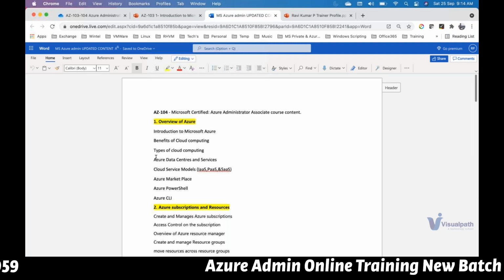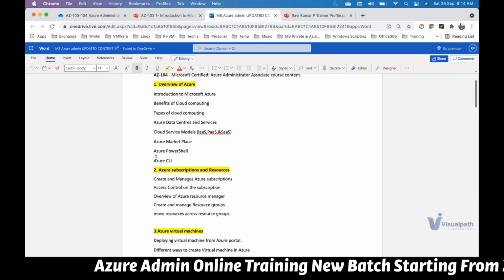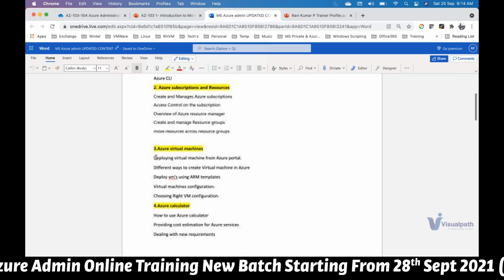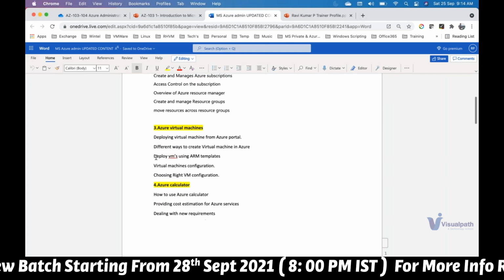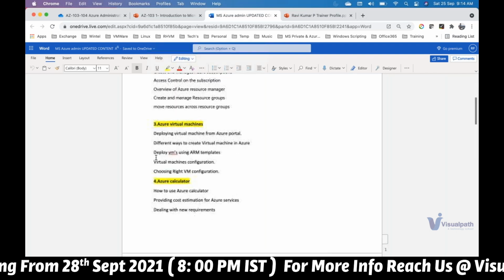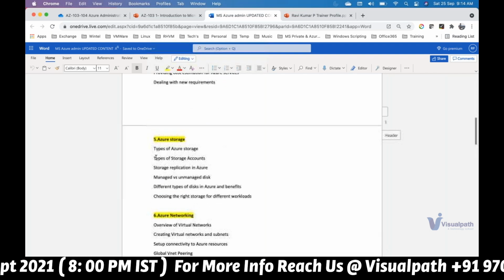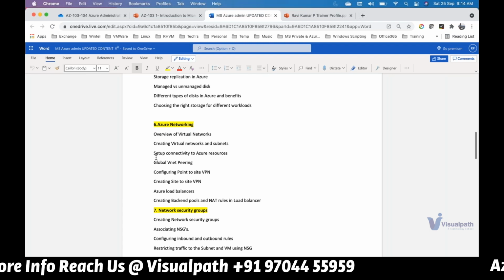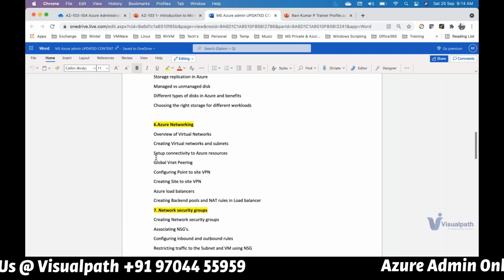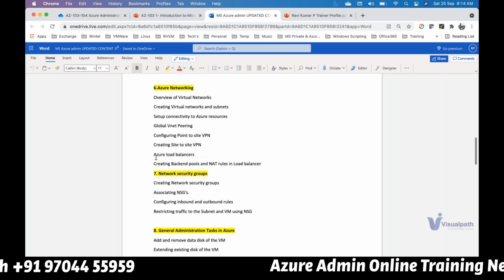So we'll be covering the introduction to cloud. If you look at the Azure services, we'll be covering virtual machine. We'll be covering ARM templates. We'll be covering the Azure calculator, and we'll be covering the storage part and virtual network. And in that, we'll be covering VPN. We'll be covering load balancing solution. We'll be covering network security group